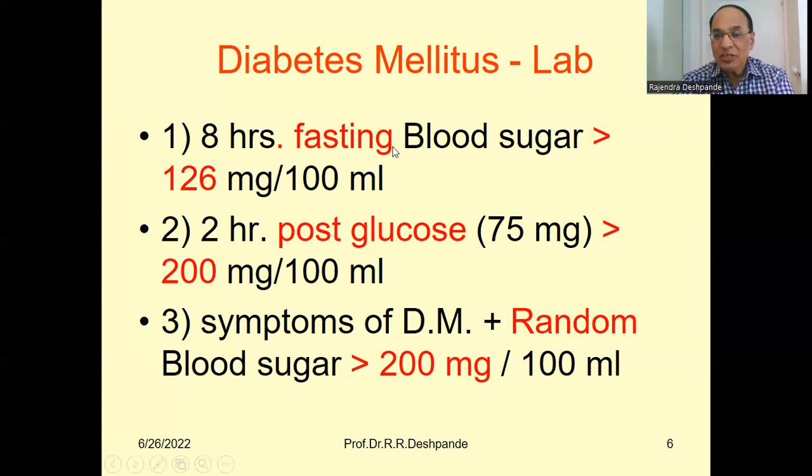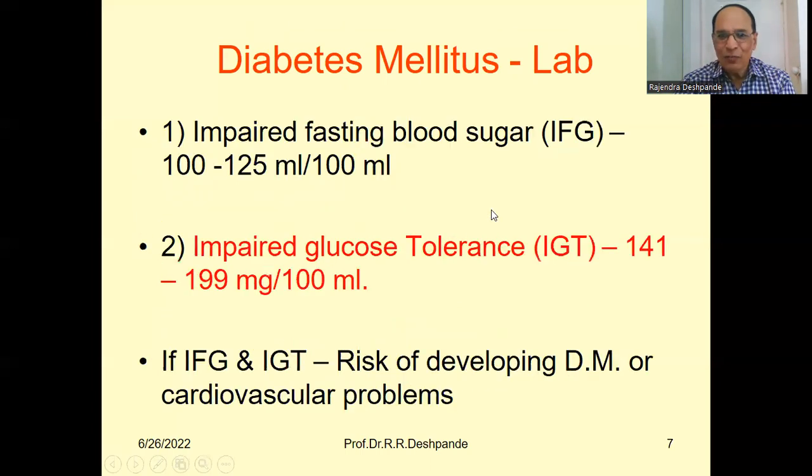Then, if the patient is not a known diabetic, that means he does not know that he has diabetes, then the first-time test should be fasting and post glucose. Do you understand? Not known diabetic. But if the patient already has diabetes and just wants to check the control, then it is not necessary to do post glucose all the time. Only fasting and postprandial: the sugar must be checked within 1.5 to 2 hours after the timing of lunch or the food.